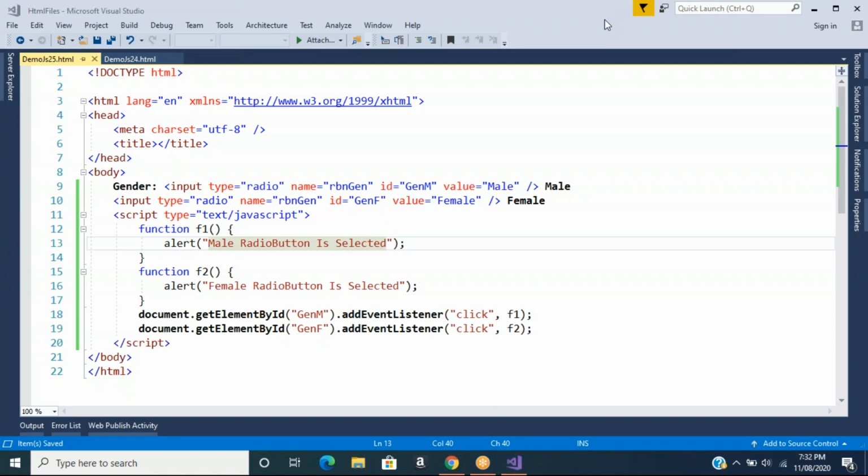Radio. Any one will work. Okay. If you have checkboxes, write the logic for checkboxes. Multiple checkboxes can be selected. Okay. Now, connecting with this,